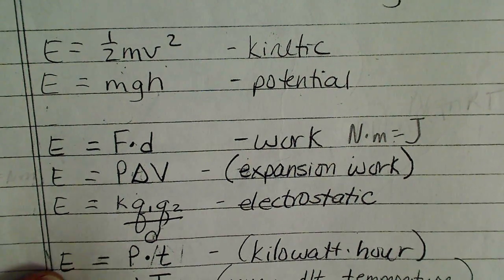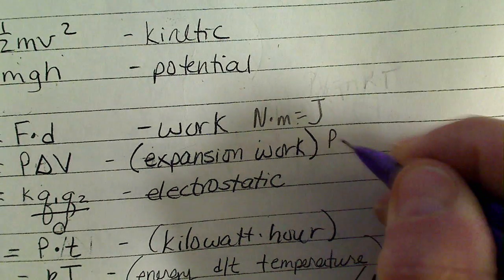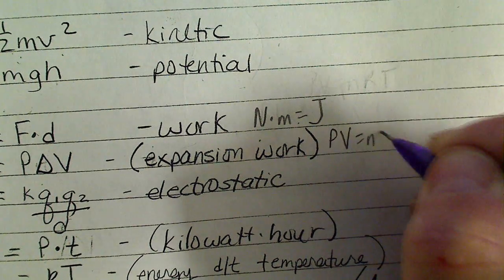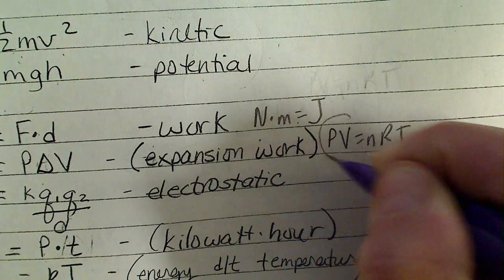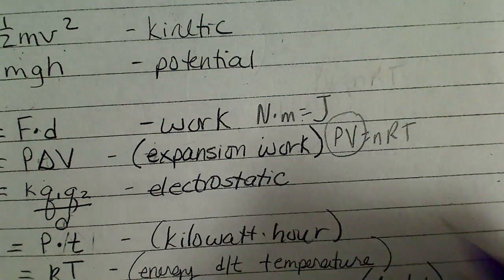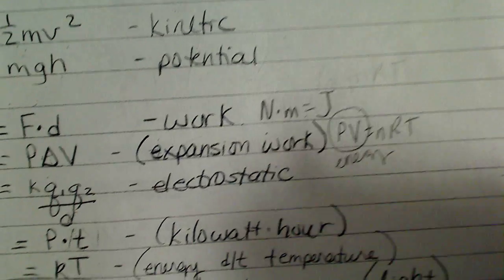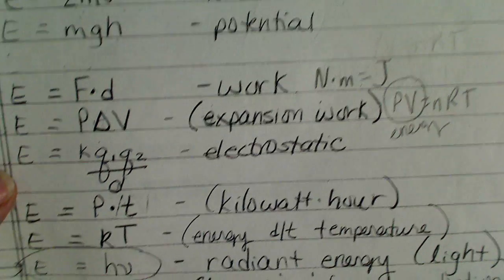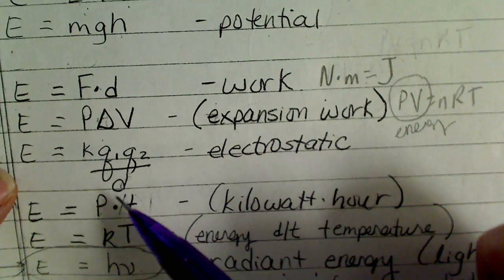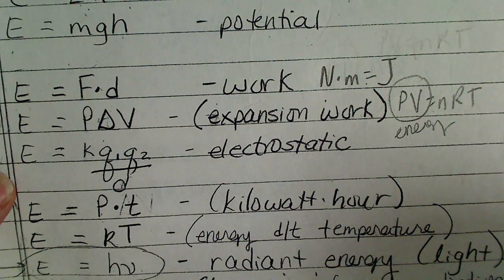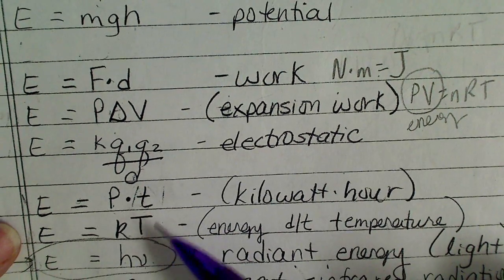So if we recall the ideal gas law, PV equals nRT. P times V, pressure times volume, does give us an energy unit as well. And there's energy between two charges separated by a distance. Electrostatic energy, your electric bill,